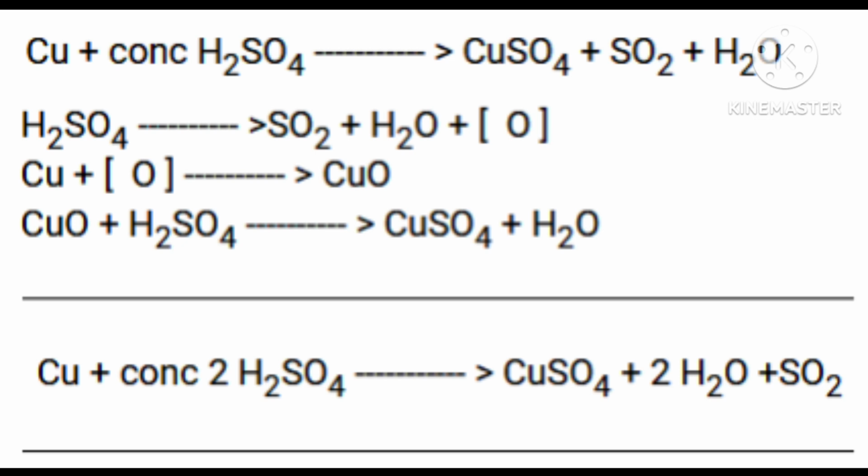Sulfur forms a number of oxo acids such as H2SO3, H2S2O3, H2S2O4, H2S2O5, H2SxO6, where x may be 2 to 5, maybe 2, maybe 3, maybe 4, maybe 5. And other oxo acids are there,